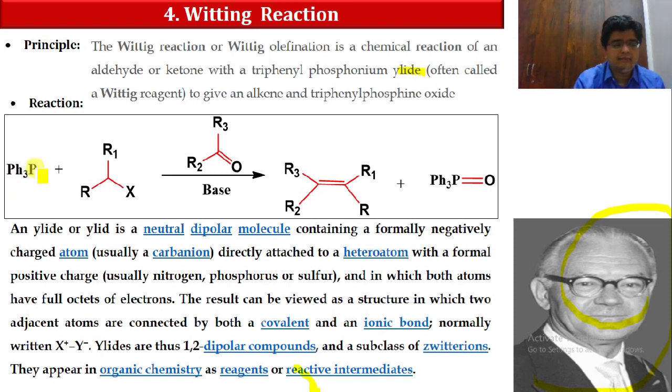So let us understand its principle. So here we are having a triphenyl phosphine compound. When it is reacted with this halogenated compound in the presence of this ketonic compound, what will happen? This ketonic group and halogen will be removed from the reaction material, and here we are producing an alkene group, or what we can say the olefin molecule, by the removal of the triphenyl phosphine oxide.